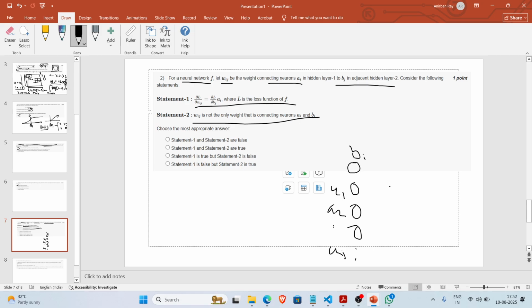And then you have several like this in hidden layer 2: this is B1, B2, like that, somewhere this Bj. So Zj is going to be summation over i, summation over